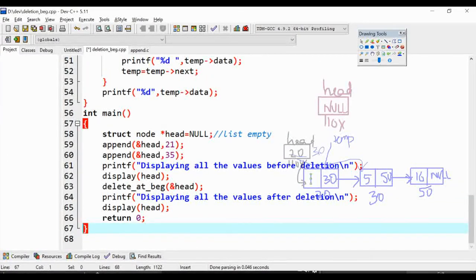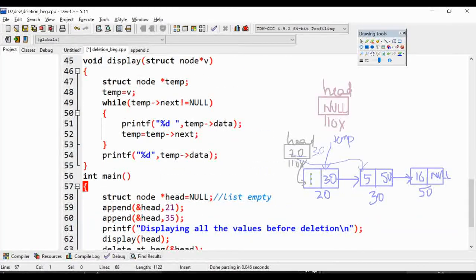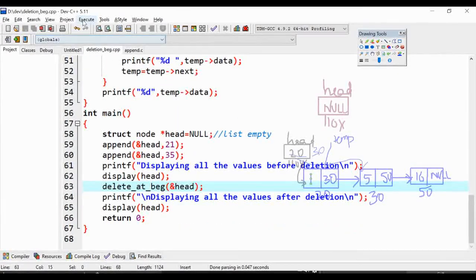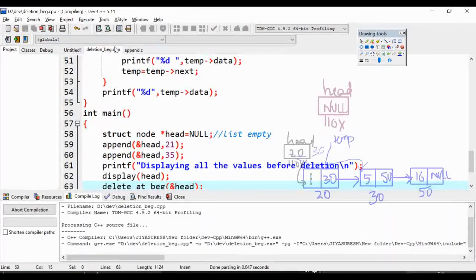Let us now check whether the code works fine or not. For illustration, I have written display and append here. If you wish to know about display and append, please do visit my previous videos. So let me compile the code for you. I'll click on compile and run.